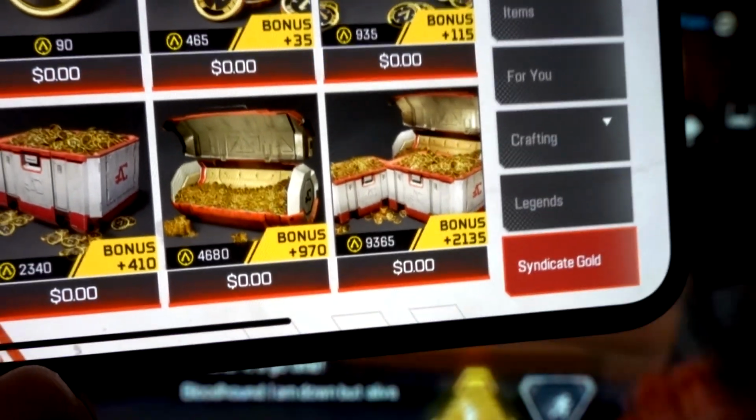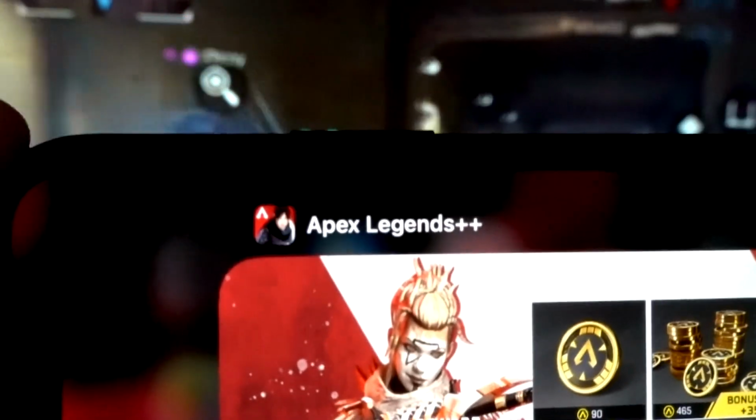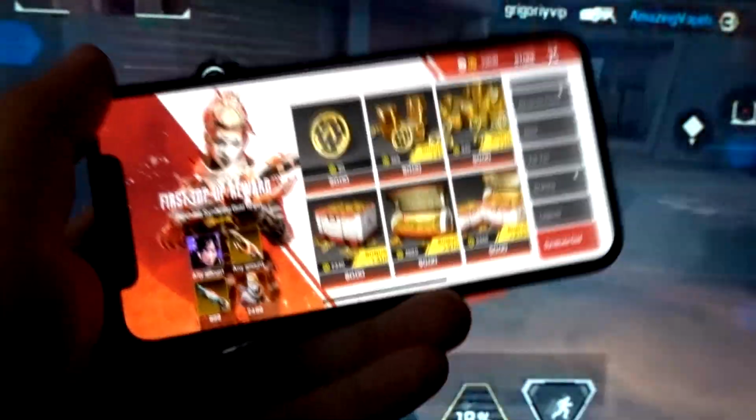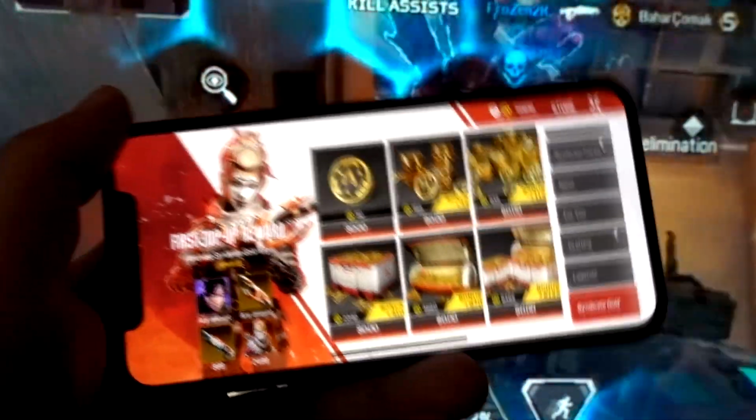And the best part is that since I don't have to pay a single penny, the moment I click on a particular package, that specific amount is transferred to my personal gold. And this is only possible in Apex Legends Plus. And as you can see, all these packages are costing me $0.00. Now let me just show you that the moment I click on a particular package, that specific amount